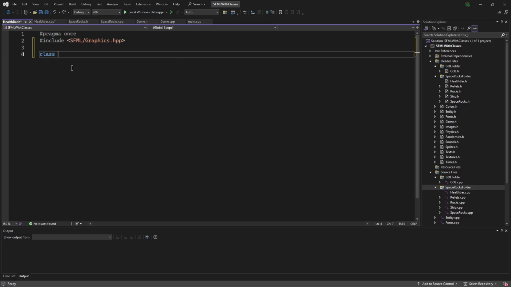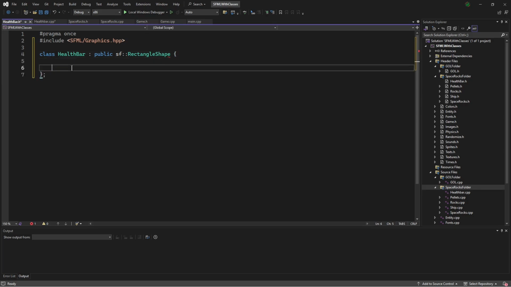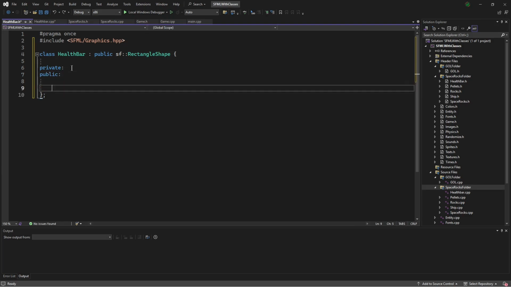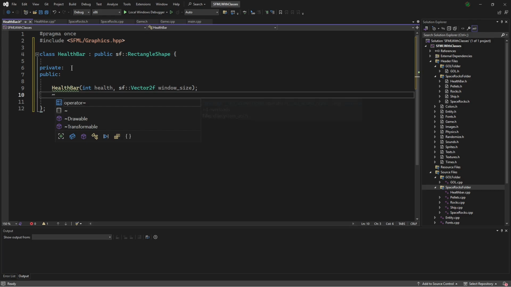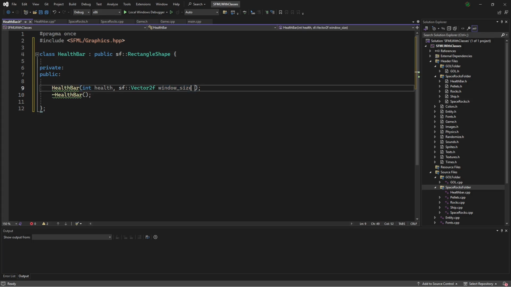We will say class HealthBar, and we will inherit from public sf::RectangleShape with the usual private and public. For our constructor, we will say HealthBar and take in an int of health and an sf::Vector2f of our window size. Then we'll make a destructor of HealthBar. For our window size, we'll set it to a default of